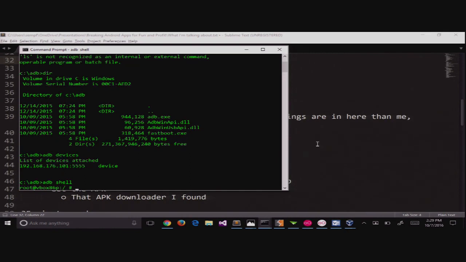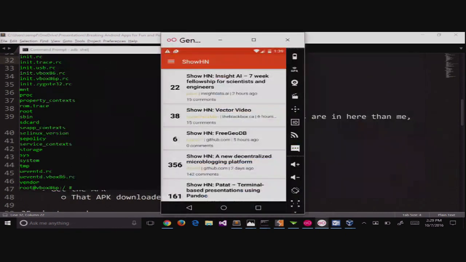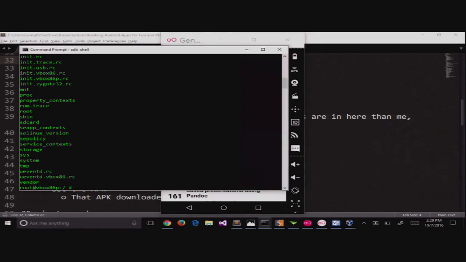Now we're logged onto the device. This is the actual machine. I mean, we're logged into this machine at a Linux prompt. So anything that the application stores on the machine, all of our Linux toolset tools are still going to be valid to help us with the analysis.